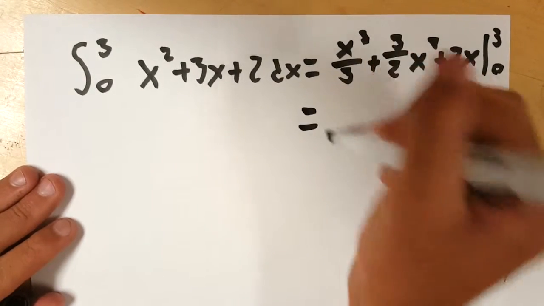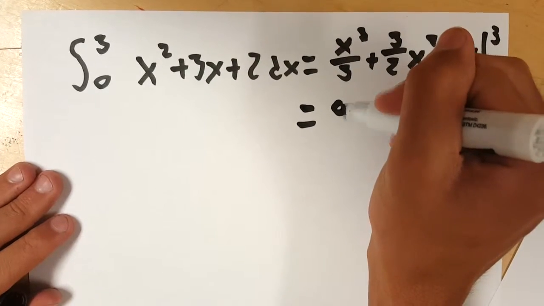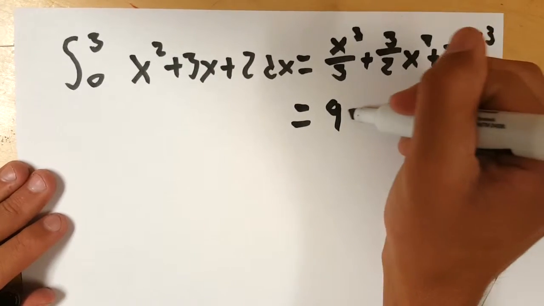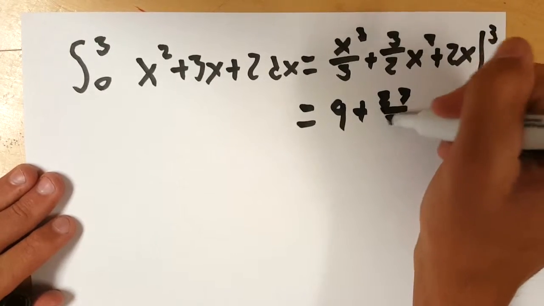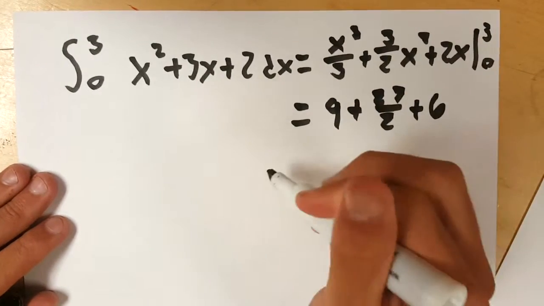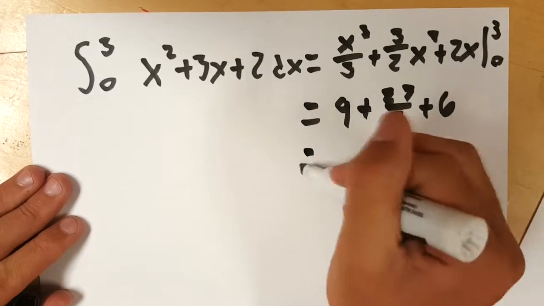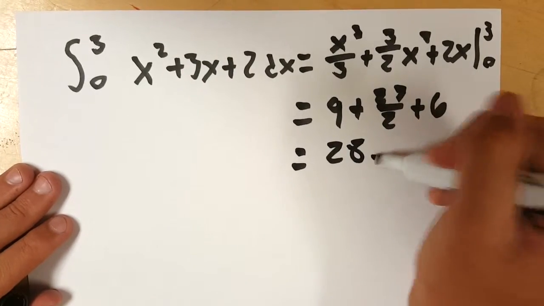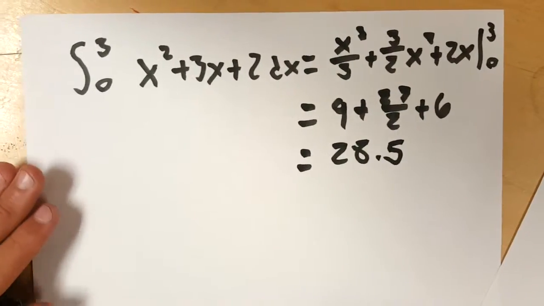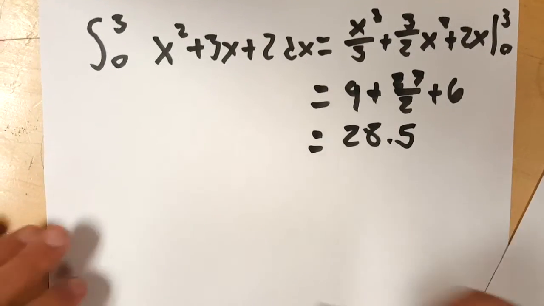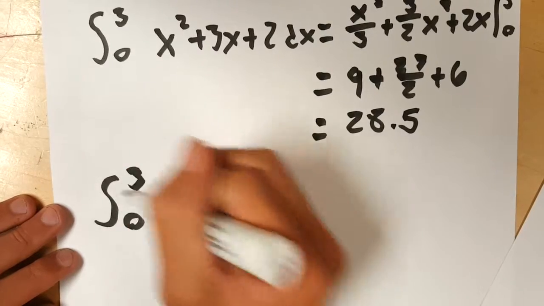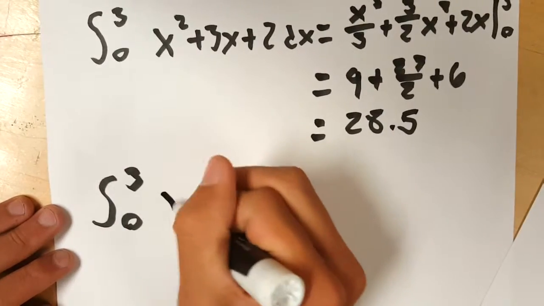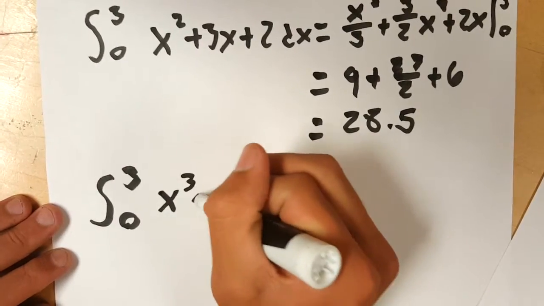That ends up equaling 9 plus 27 halves plus 6, which equals 28.5. The second equation is on the same interval, 0 to 3, but this time it's x cubed plus 5x